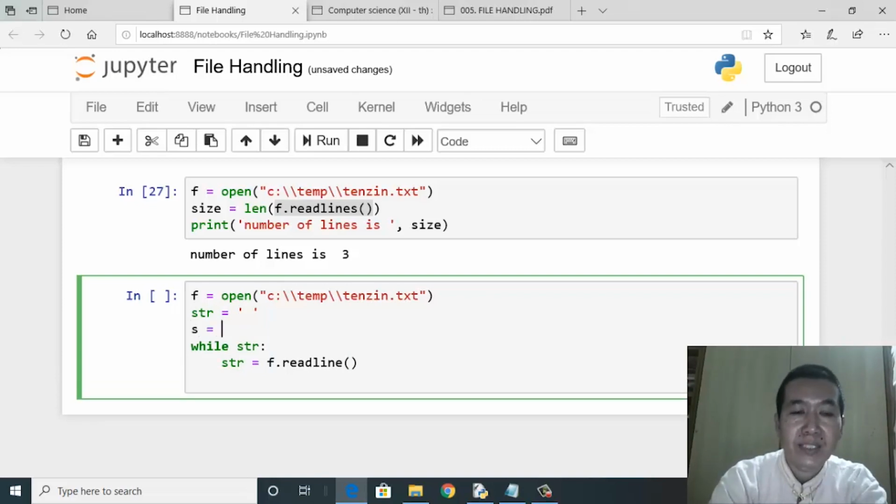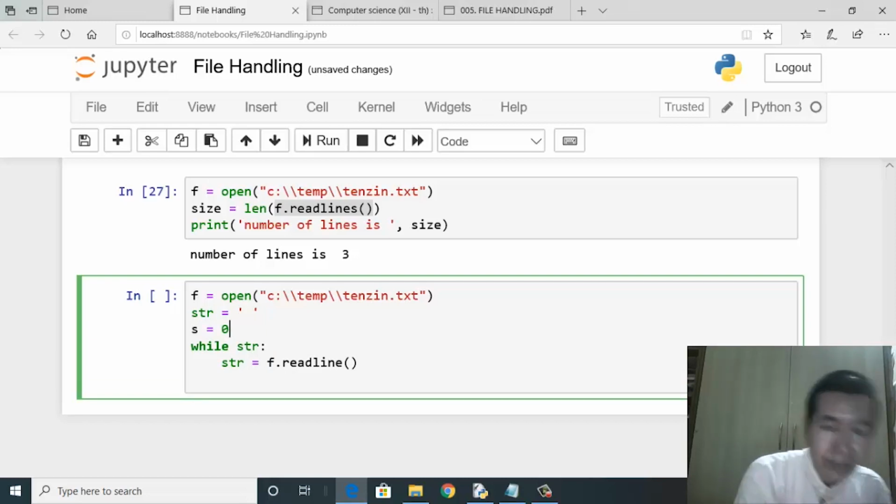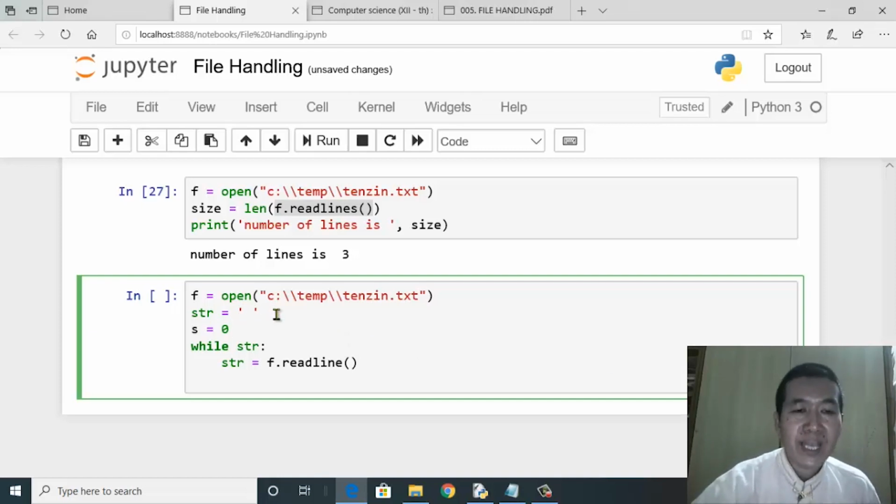Let's say s should be equal to 0. Now this is important. s should be initialized to 0. The moment 0 is assigned to s, s now becomes an integer variable. In the earlier statement, I've assigned a space to str. Space is nothing but a character. Hence, str is a string variable.